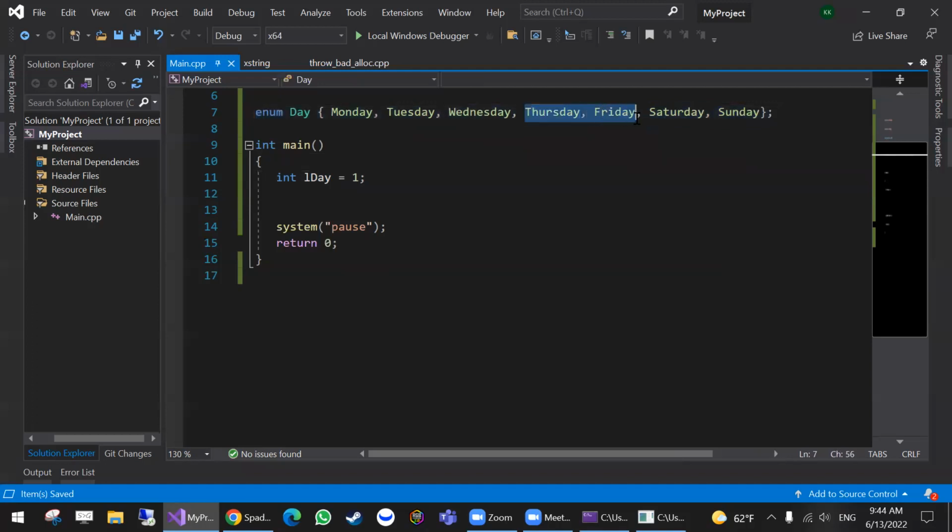The weekend is Thursday, Friday in some places, and in some other groups or places, Friday, Saturday are the weekend. Here in the United States, Saturday, Sunday are the weekend, and Monday is the first day. So in the case where we have Thursday, Friday as the weekend, day 1 is not Monday. Day 1 is Saturday. So if you write code that says, hey, if day equals 1, and you're expecting